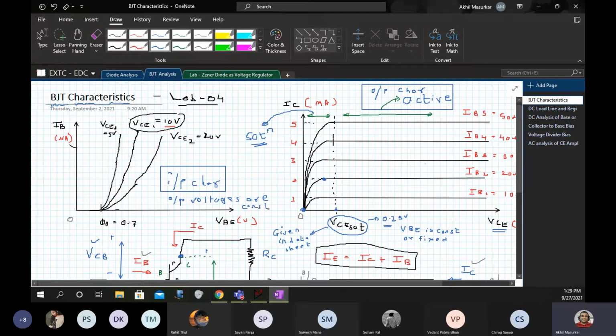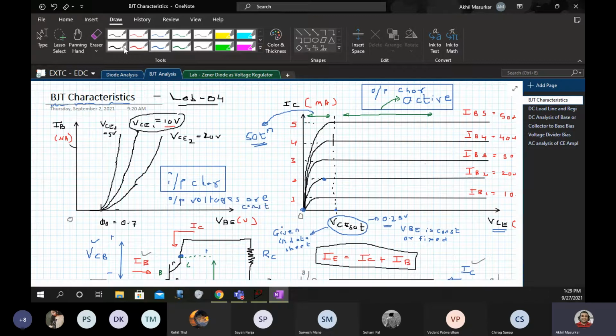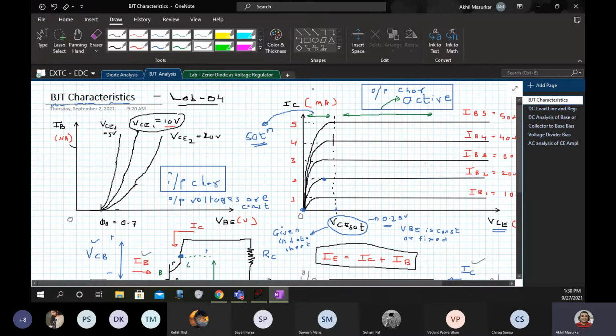Similarly, when you are talking about the output characteristics, your input side voltages have to be constant. That's the simple rule. As you can see, on the input side we have IB and VBE.